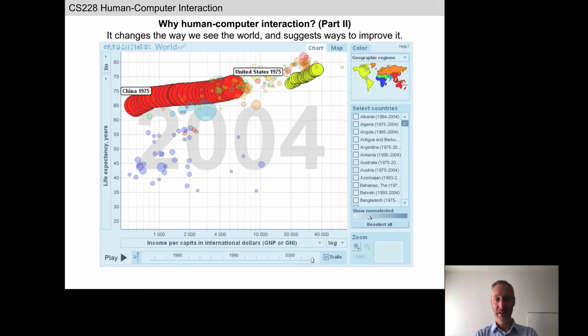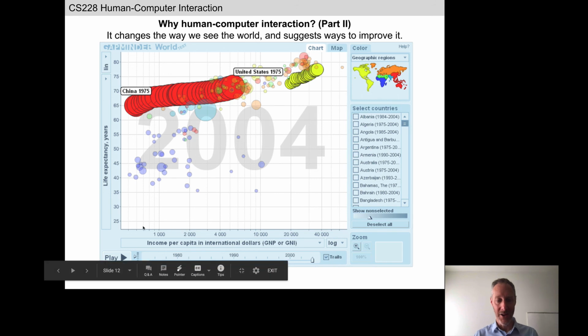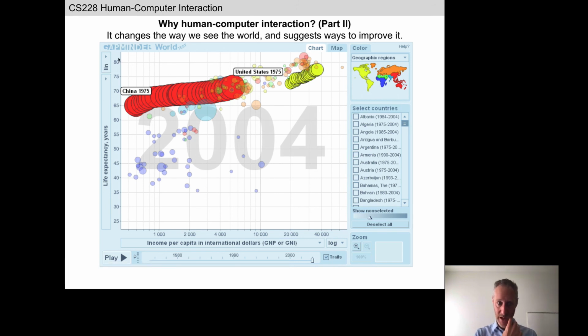However, there is relatively little text. Because this is a good visualization, it doesn't require a lot of textual explanation about what you're seeing on the screen, and hopefully with relatively little effort you can extract some of the patterns that are inherent in this particular data set, which is plotting an economic indicator, GNP, against a health indicator, life expectancy in years, for most of the major countries on Earth.